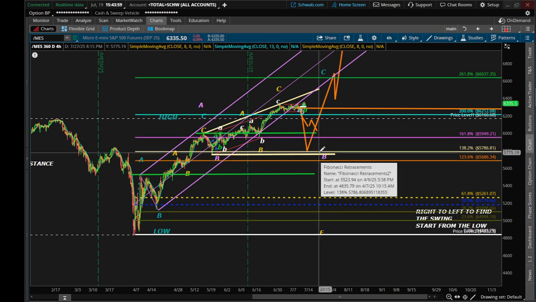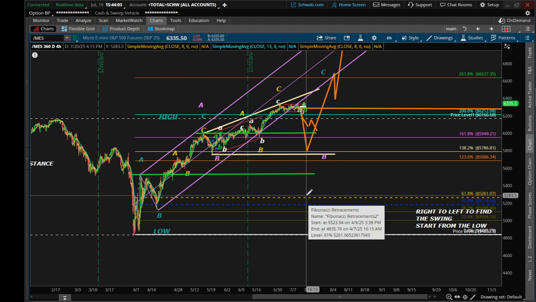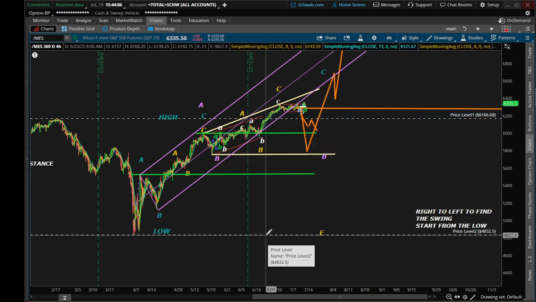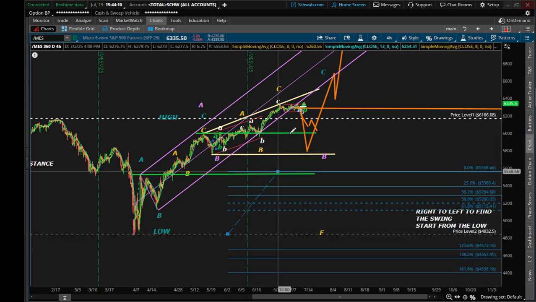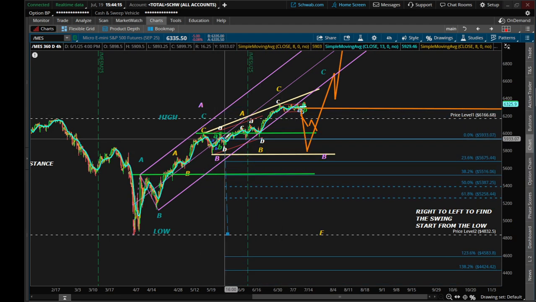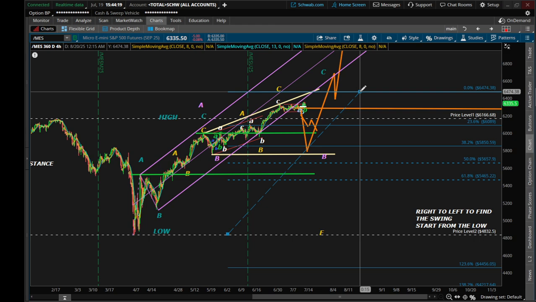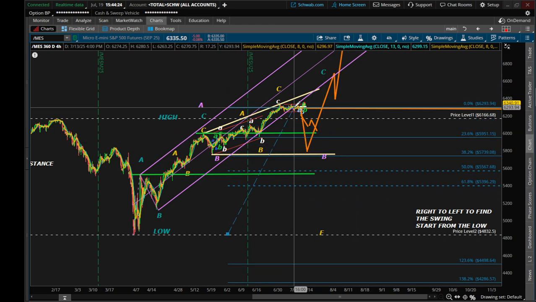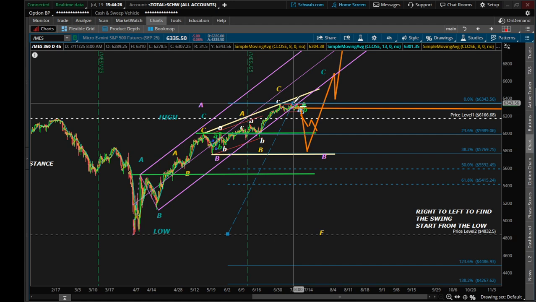what is that? 57.75. Let me get rid of some of this stuff here. I can't read my own chart. So really, this is tricky because the triangle is in an ascending manner with increasing price. It could mess our retracement up. We'll go ahead and start at the top, pretty much where we're at, and we'll say